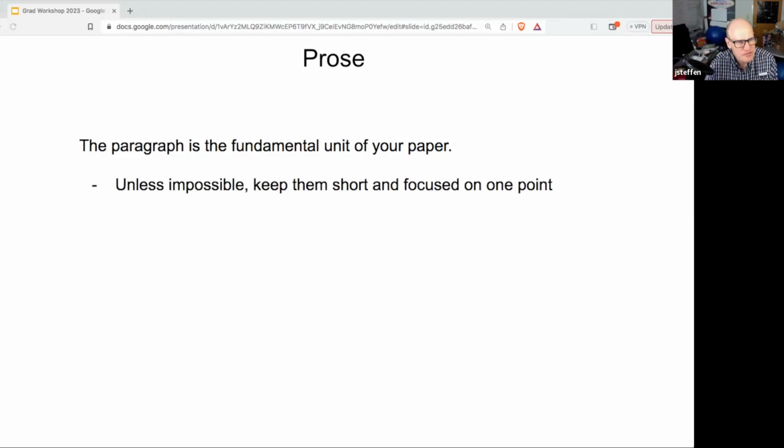Now, I recommend that unless it's impossible, you keep your paragraphs short and focused on one single point. One thing that I try to avoid is paragraphs that are too short, like single sentences, because that's an indication that you didn't really know what you wanted to write there. You just wrote something and you don't know where it belongs, so it's just stuck there at the end of the section, some one or two sentence paragraph. So I generally try to keep my paragraphs 3 to 6 sentences long,